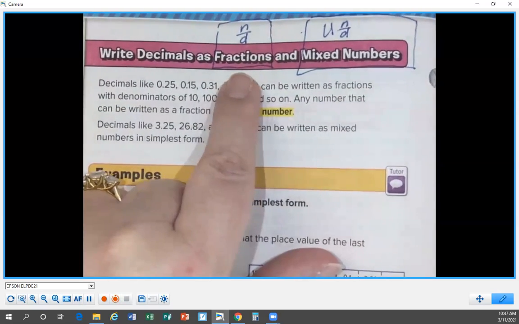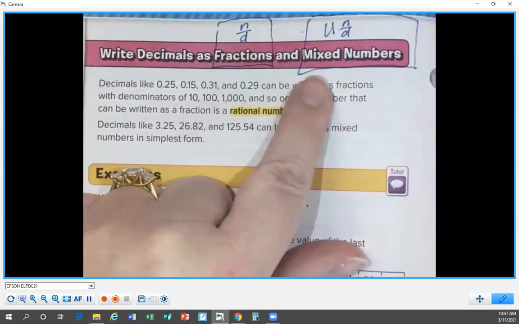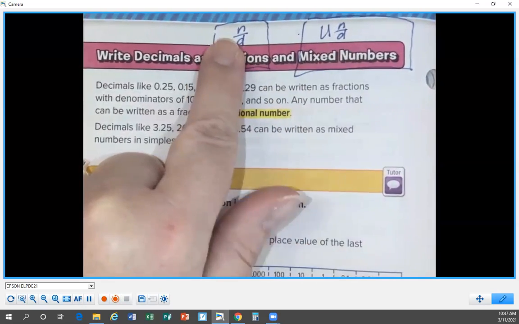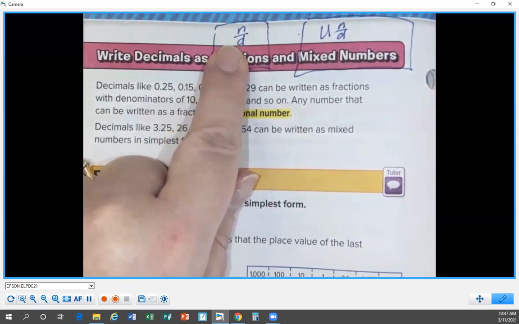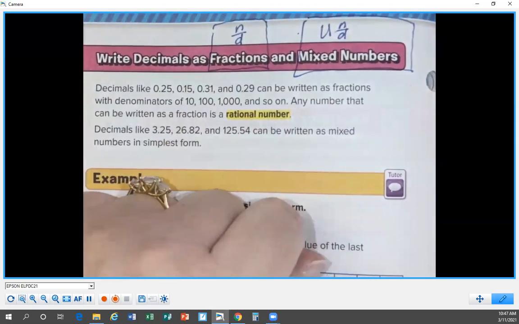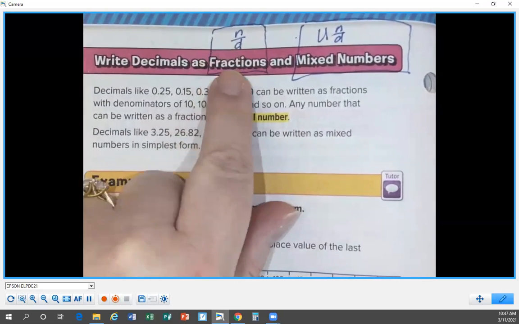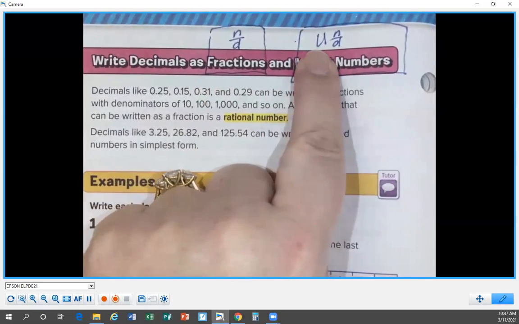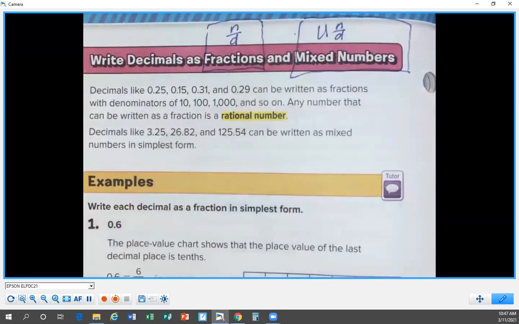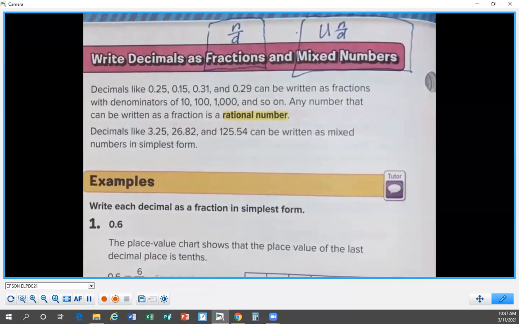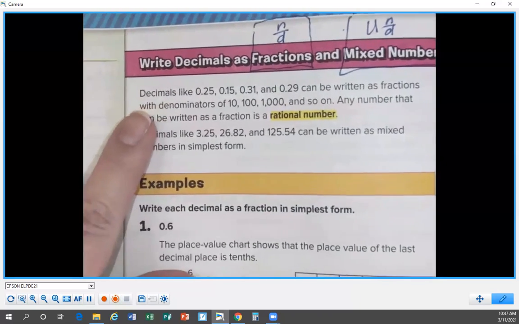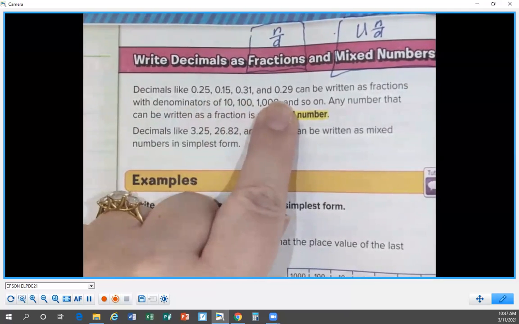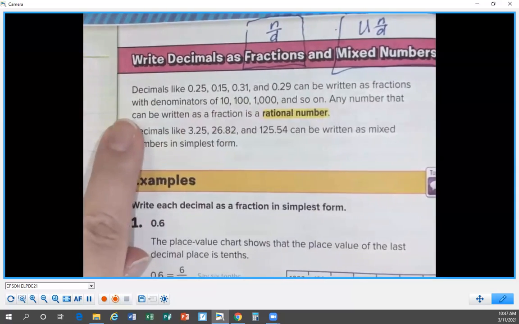Okay, so again, fractions are written simply as numerator over denominator. A mixed number is written as a whole number and then a numerator and denominator. So you may have 2/3, that'd be a regular, proper fraction. If you had 3 halves, that would be an improper fraction. A mixed number means we have a whole number and we also have a fraction, like 1 1/2, 2 5/3. So decimals like 25 hundredths, 15 hundredths, 31 hundredths, 29 hundredths can be written as fractions with denominators of